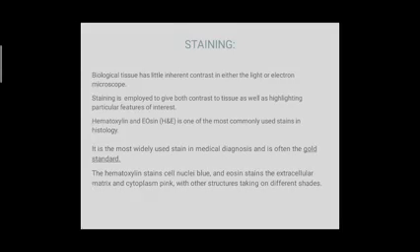Moving towards the staining, the biological tissues have little contrast in either the light or electron microscope, so we use stains to stain them. Basically we use hematoxylin and eosin stains. They are the most commonly used stains in histology. You can see that this is often the gold standard. Hematoxylin basically stains the nuclei blue because it has the affinity for acidic part, that is nucleus, and it gives purplish appearance. And the eosin stains the extracellular matrix and the cytoplasm pink, that is the basic part.